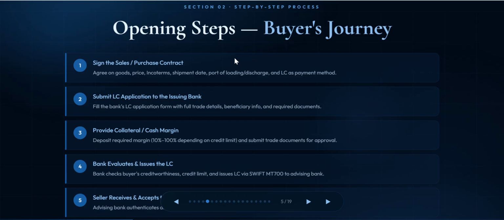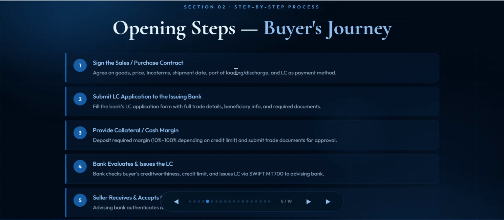See the opening steps for the buyer. Buyer means the applicant who is actually applying for the LCs. So the first step is the agreement of the purchase contracts, like what are the goods that are going to be shipped, what will be the price for the goods, what type of incoterms are we going to use, how the shipment dates will be decided. Because the LC requires a latest shipment date, so that has to be pre-agreed between the buyer